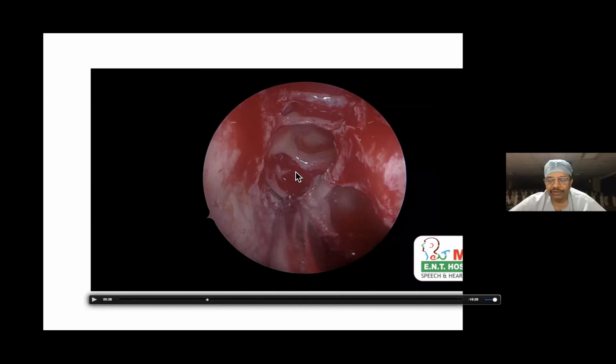So this is the superior meatus. I have to open the posterior ethmoidal cells now. The lateral most is the lamina papyracea. The posterior part of the lamina papyracea is seen here laterally. I have not seen the lamina papyracea yet. So this is the lamina papyracea, anterior part. Dr. Pratmesh, this is the medial wall of the maxillary sinus.